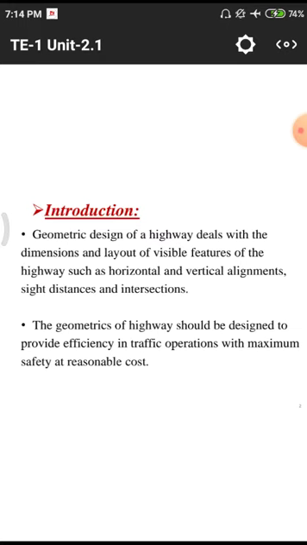And next one, features such as horizontal and vertical alignments. That means horizontal alignment and vertical alignment. Along the length we have horizontal, and along the breadth we have vertical. In both length and breadth we have different kinds of alignments depending upon the soil strata and other conditions. Those things we also need to design depending upon the slope and lengths. And the next main condition is sight distance.